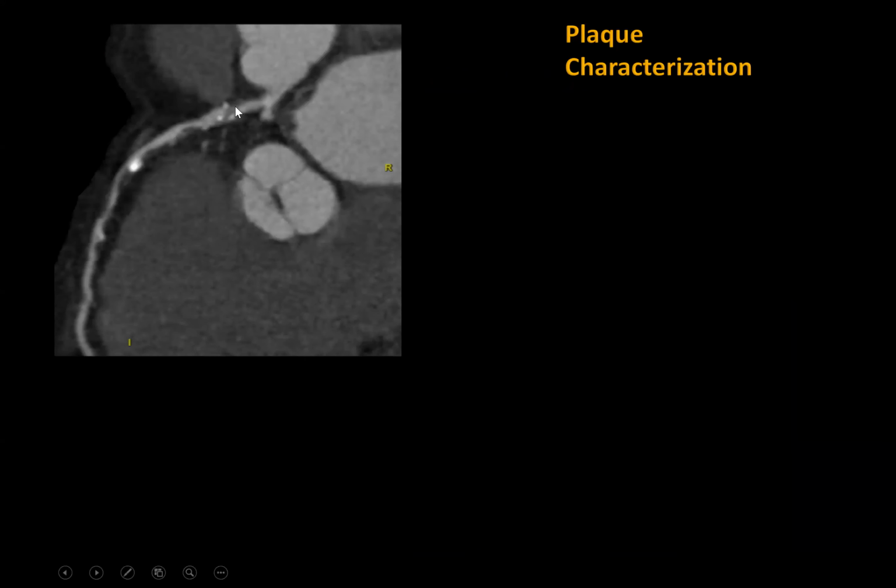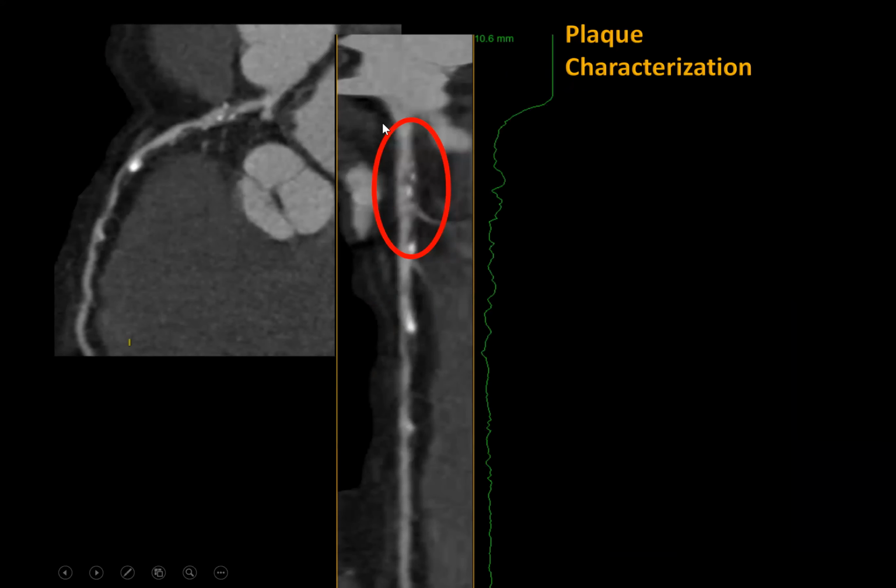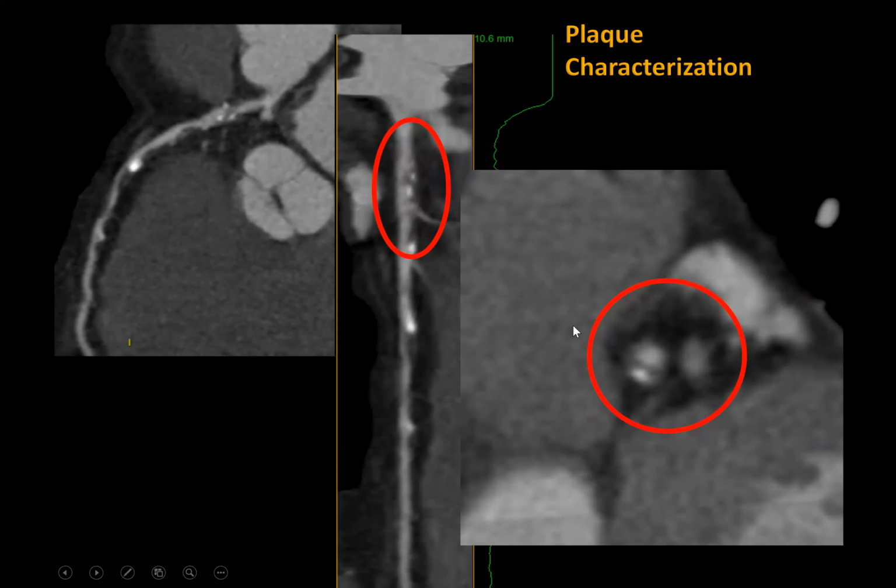Here's a case with long segment LAD disease and different types of plaque. If you look here, in the proximal LAD there is a short segment of mixed plaque with tiny calcification, that is spotty calcification. Spotty calcification means a thin calcification less than 3 millimeters. These are dangerous because they are very thin and can easily rupture and produce complete blockage of the adjoining lumen. Though there is insignificant luminal narrowing, this type of patient needs aggressive treatment to prevent future acute coronary syndrome.